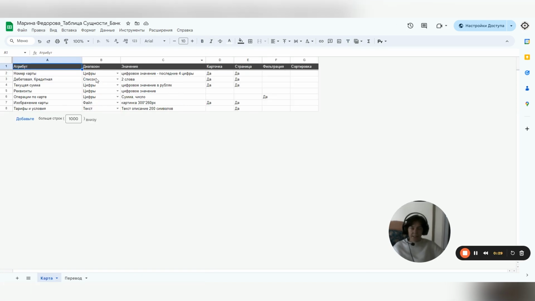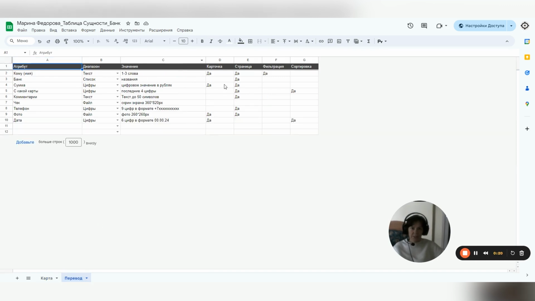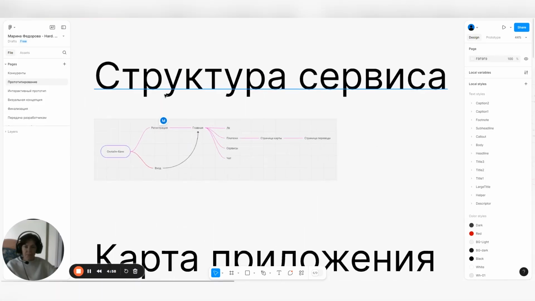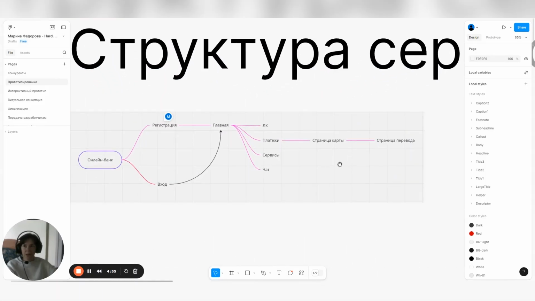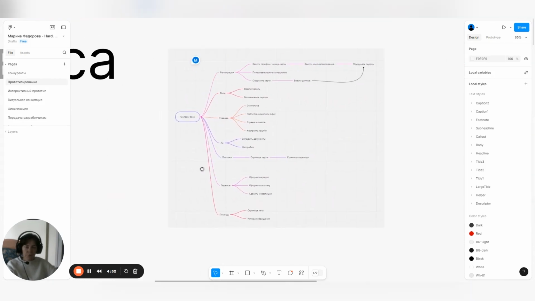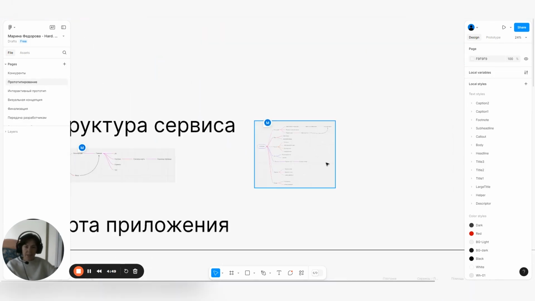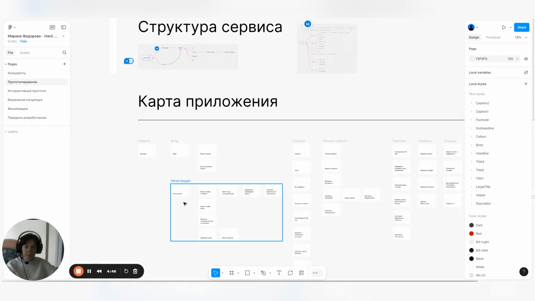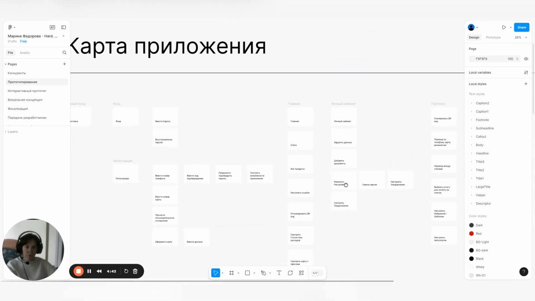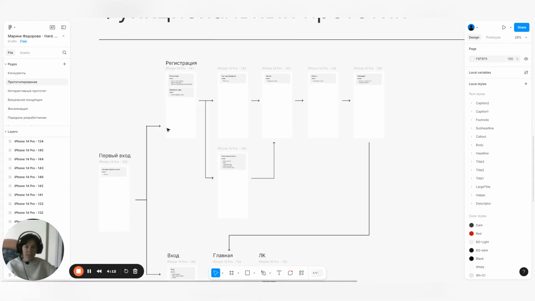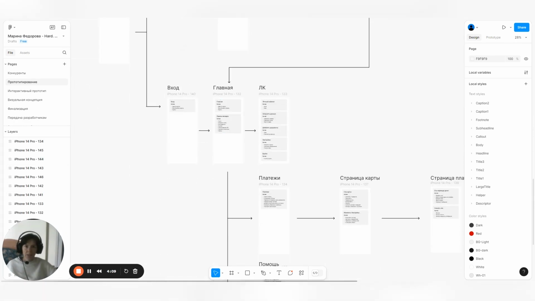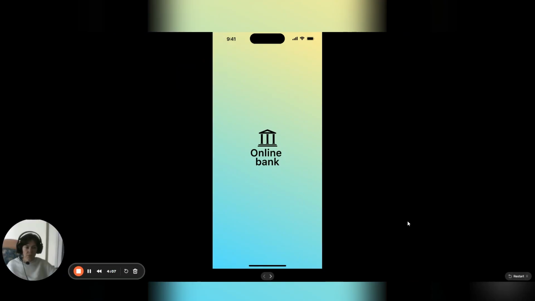I determined the entities of the app. These are payment cards and transactions. Next, I determined their attributes and which are necessary to have on the payment cards and the screens. I used the service Miro.com to build the whole structure of my app to understand the interaction between the screens. After that, I created the app's map. This map shows the function of every step in the user flow. Functional prototype and animated prototype in Figma show the sequence of actions.